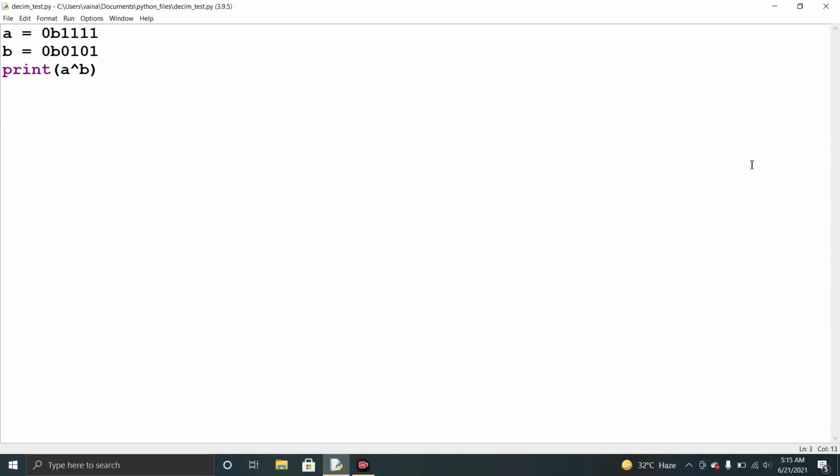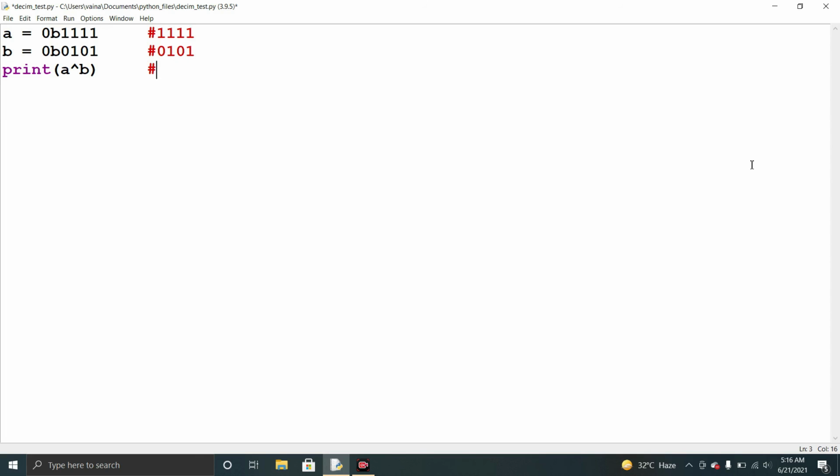For the XOR operation, suppose we take in a comment 1111, which is the binary equivalent, and the binary equivalent of the other is 0101. When we do the XOR operation between these two, when there are the same inputs, the output will be 0, and when there are different inputs, the output will be high, that is 1.